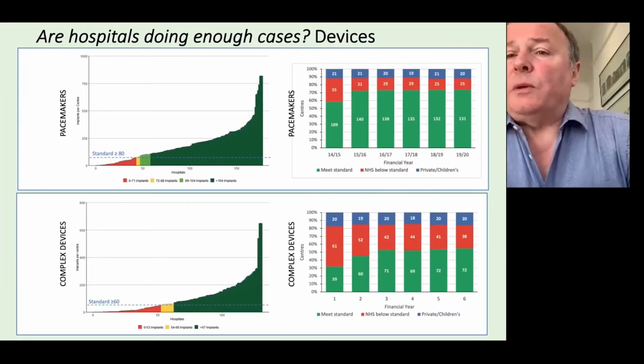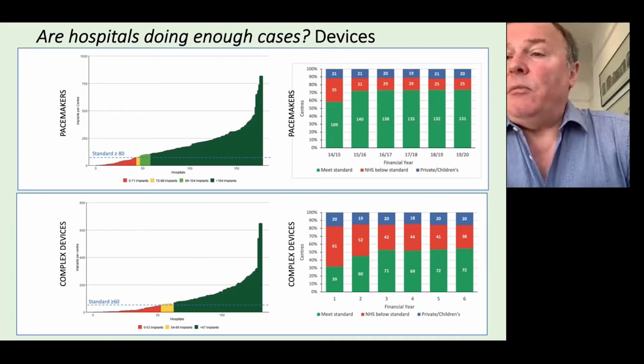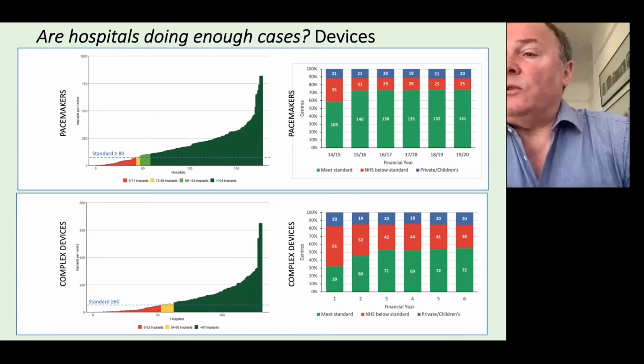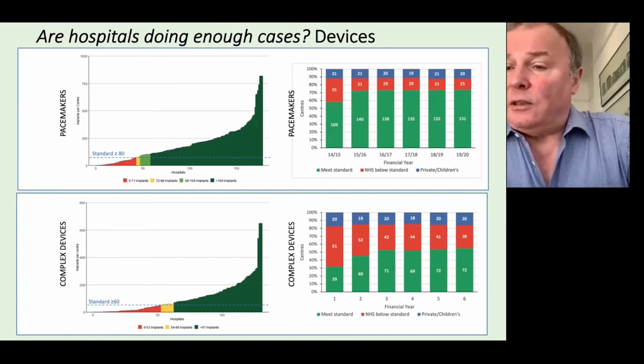We can look at whether hospitals are doing sufficient cases to meet the British Heart Rhythm Society standard, which is 80 new pacemakers in a year, or 60 new complex devices. And you can see that most hospitals easily achieve this target, but there remain 25 NHS hospitals, you can see on the right, and 38 NHS hospitals for complex devices that are doing these procedures, but not yet in sufficient